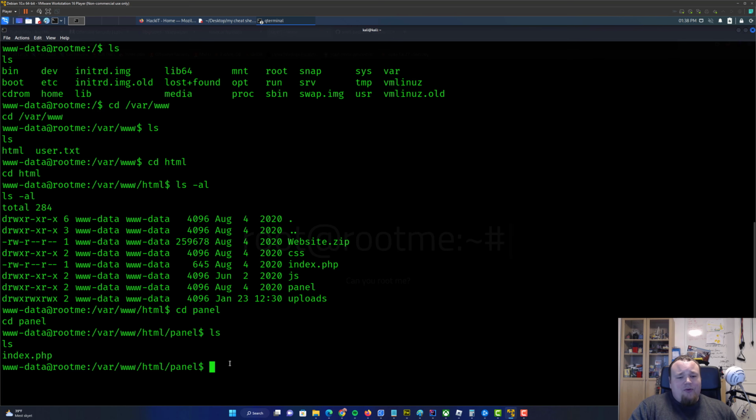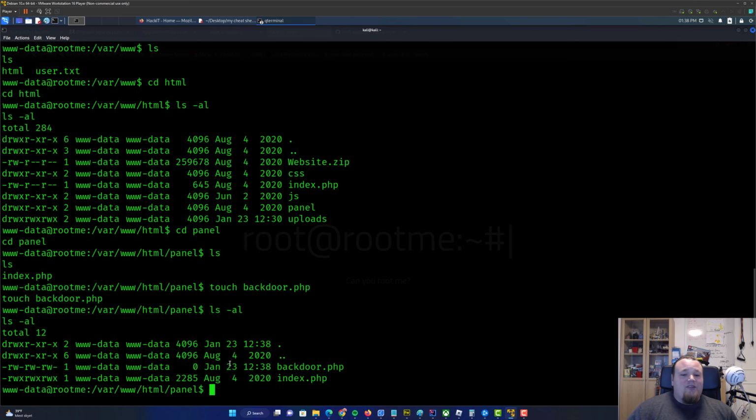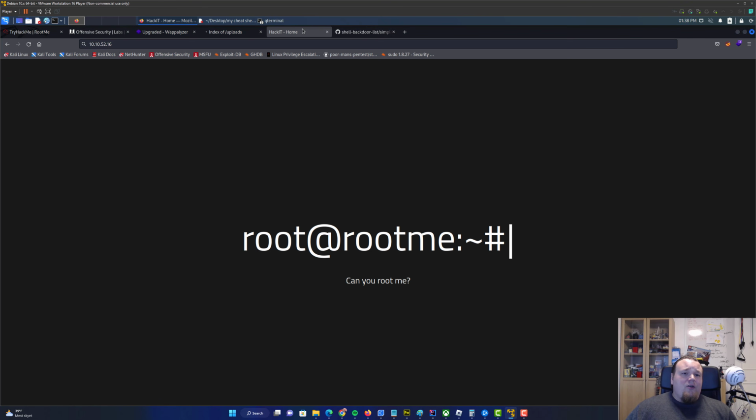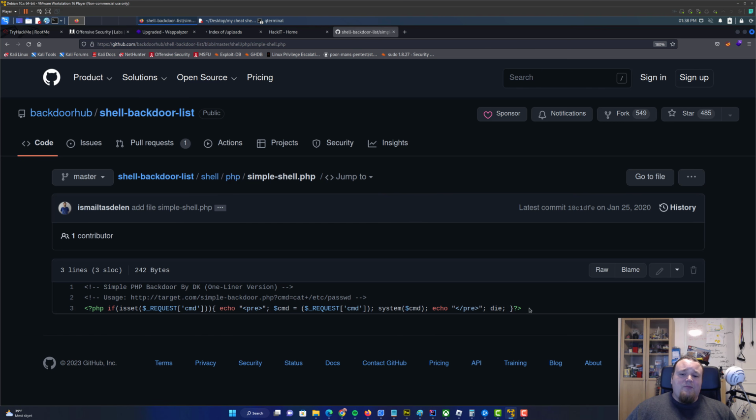So what we're going to do is go ahead and touch a file. We're going to call it backdoor, just to make it easy for the admins to detect. And we can see that now the backdoor is created. We have read-write access to it, since we are the owner and the creator, and of course we're also in the group data. We are even that user. We're going to put some code inside of it, and the code we're going to put in is just some easy peasy small PHP script we can find. Just go and search on Google like PHP backdoor script, whatever, and you're going to take this, copy paste it,